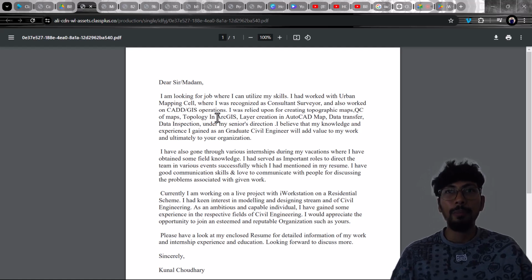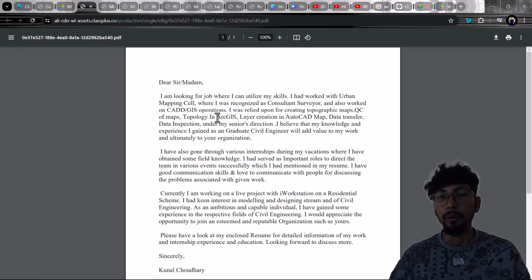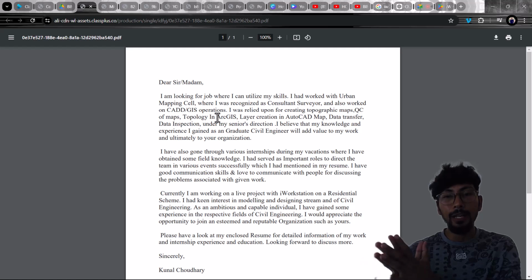Let's say there is company A and company B. Company A has a BIM modeler role. Company B has a Revit structural detailer role. Okay, so these are two different roles. The BIM modeler role might have more responsibility, but the Revit structural detailer role might have very detailed and very specific